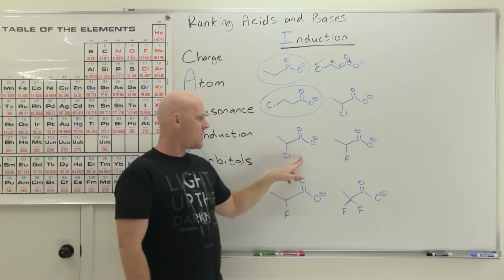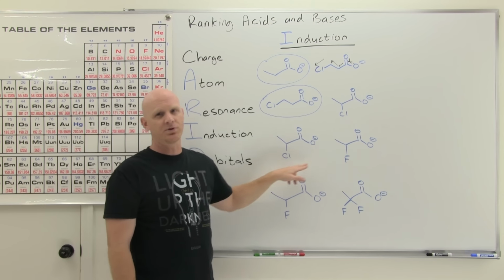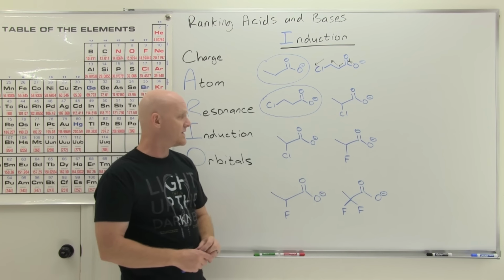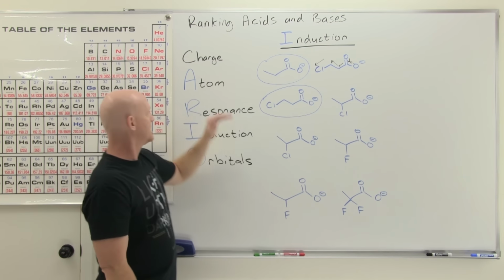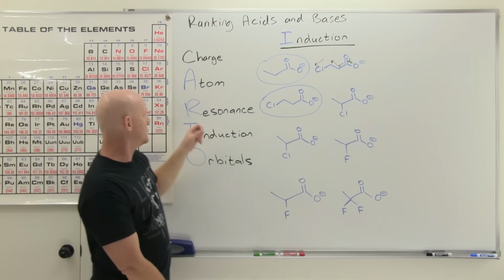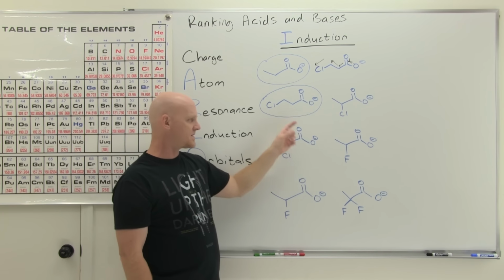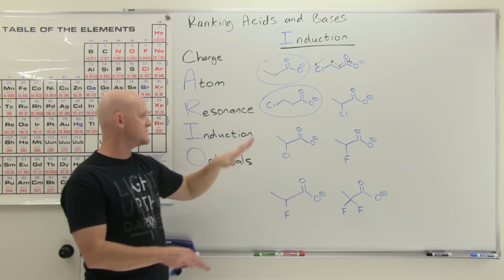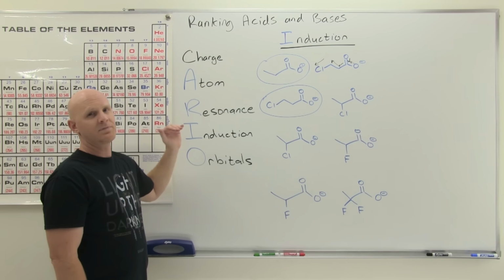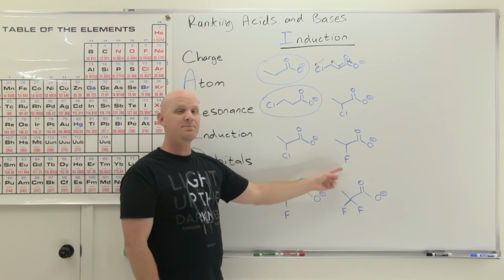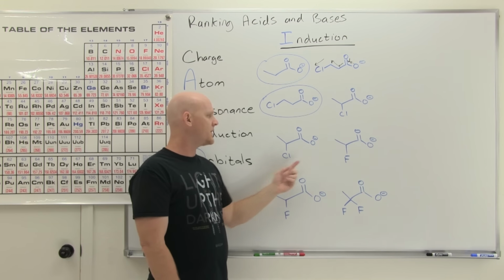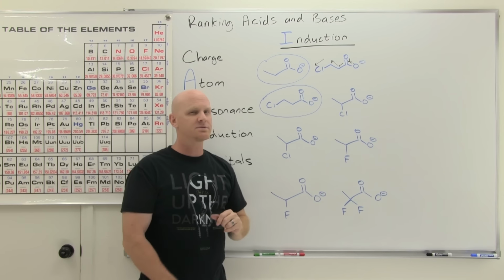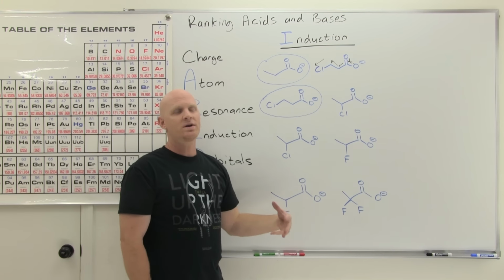And so now, what if we have 2 different helpful neighbors carrying out inductive stabilization here? So once again, charge, no difference. Atom, oxygen, oxygen, no difference. Resonance, shared between 2 oxygens, 2 resonance structures on both, no difference. So then we make it to induction. And now there is a difference. Now they're in the same location, they're the same distance away from the oxygens, from the bases, but one's chlorine and one's fluorine. And this is one of the most common mistakes students make,